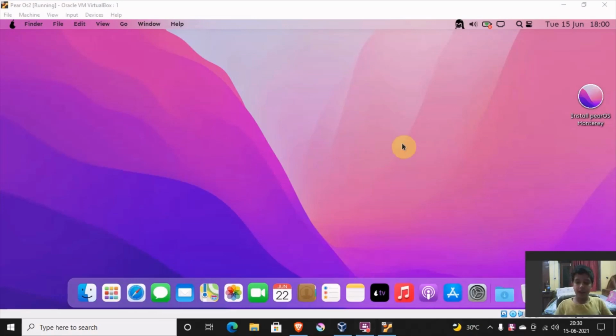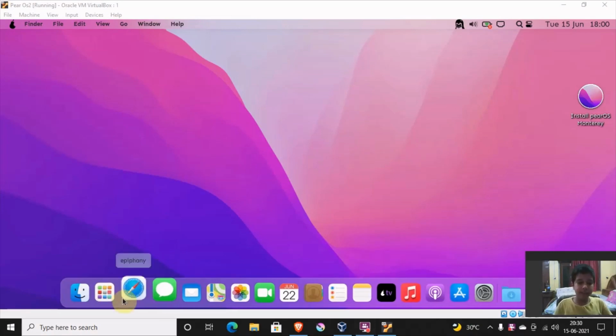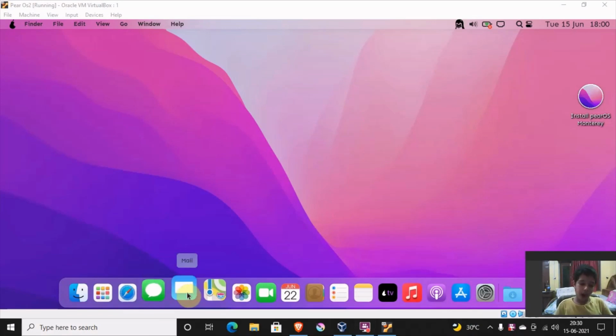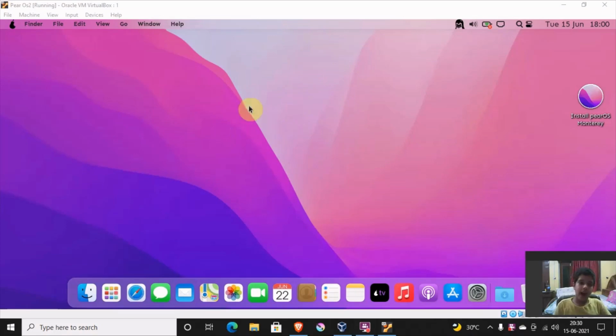Now here, after everything is configured, after a while, like 2 to 5 minutes, you can see how good it looks like Mac, how much it looks like Mac.